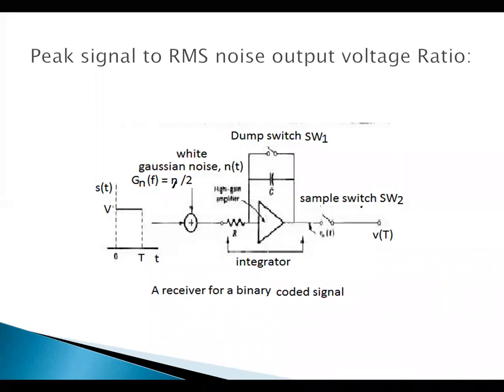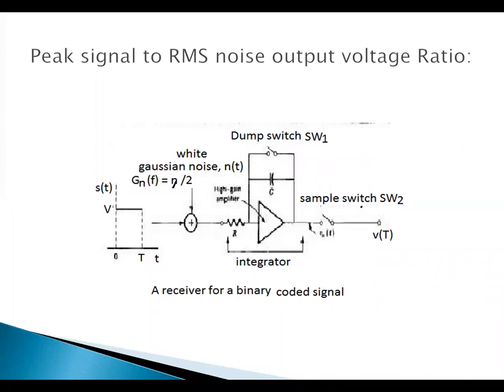Now if that 5 volts is contaminated more, and it goes into the negative domain, say minus 2 volts or minus 3 volts, then you have to predict that the output data is a logic 0. If you transmit logic 1, because of the noise contamination, the received signal is predicted as logic 0. So that is an error.